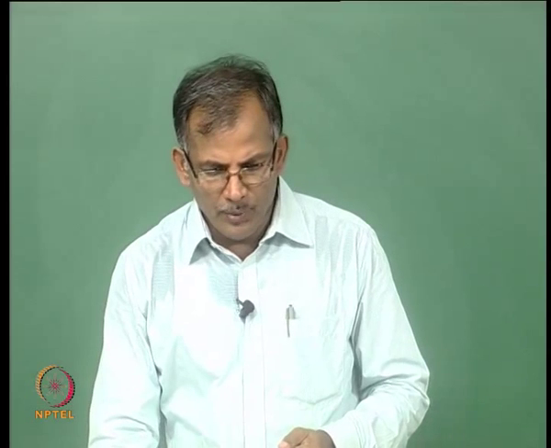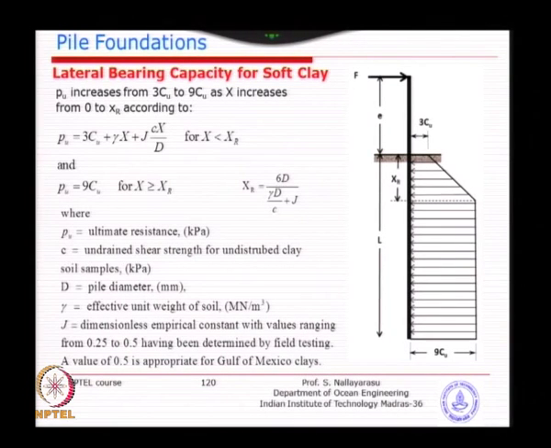So that is where the demarcation between the soft and the hard or stiff clay is: 96 kilopascal is the undrained shear strength. And for hard clay, API does not give you recommendations, but what it says is you can go to the literature, very little I would say, for hard clay. You can refer to one of the papers by Rees and use that. We will see that one in the later part. So you must remember all these formulas given here are specifically applicable to soft clay having Cu values less than 96 kilopascal.